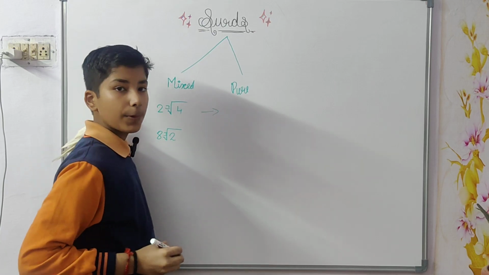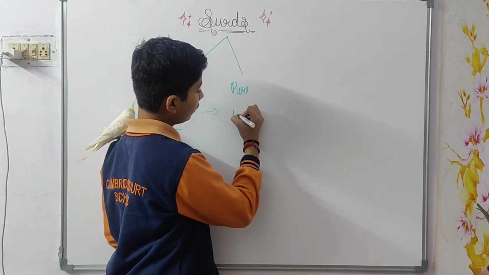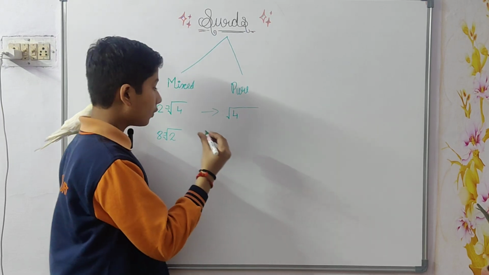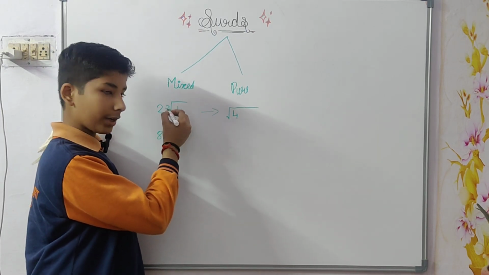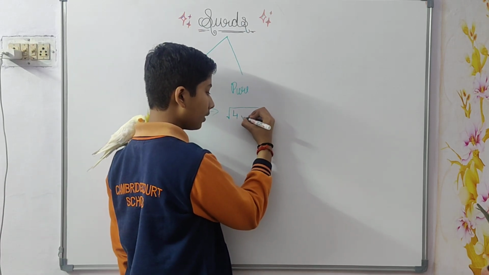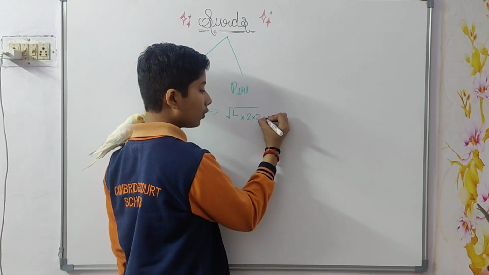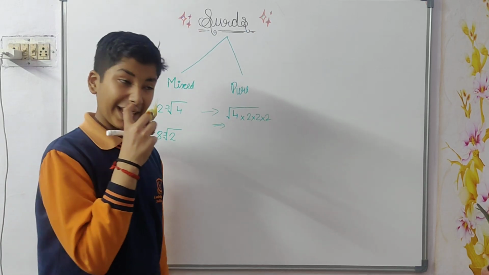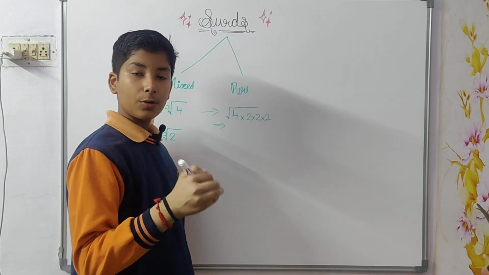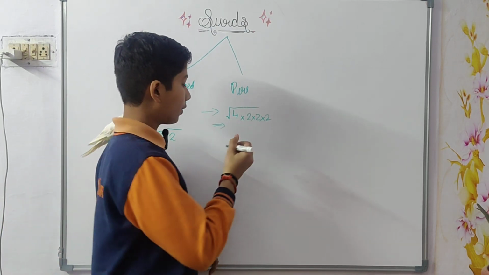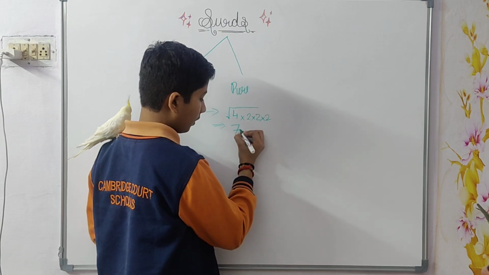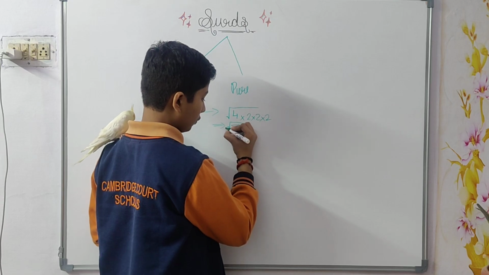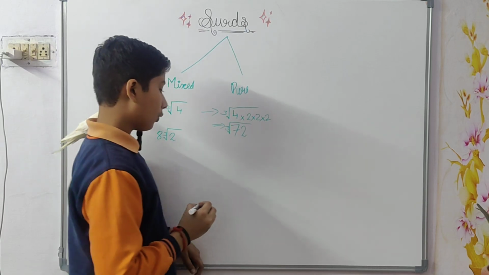So to convert them in pure, what you have to do? Cube root of, do the cube or square of the number according to the power. So 2 cube will be 2 into 2 into 2. What is 2 into 2 into 2? 8. And 8 sixes are 48, 8 threes are 24, 72. 72, but inside the cube root. This also inside cube root.